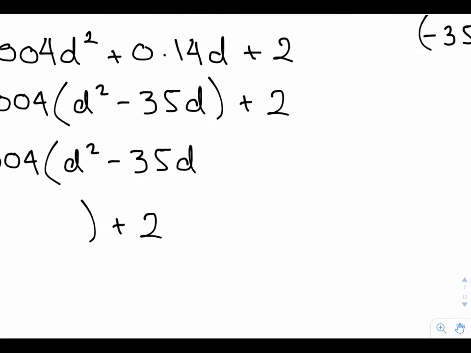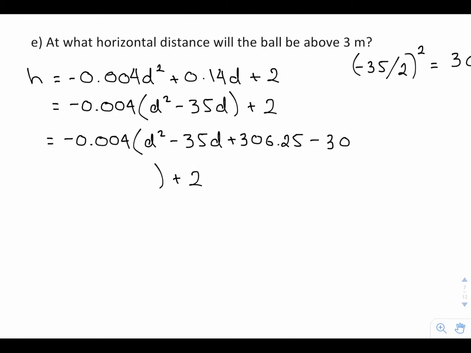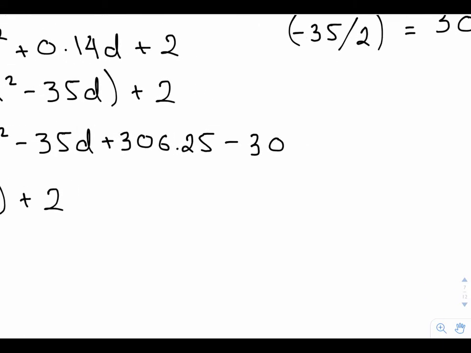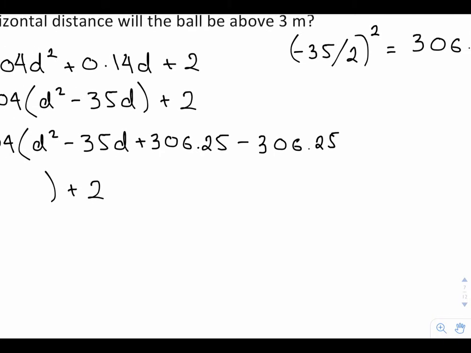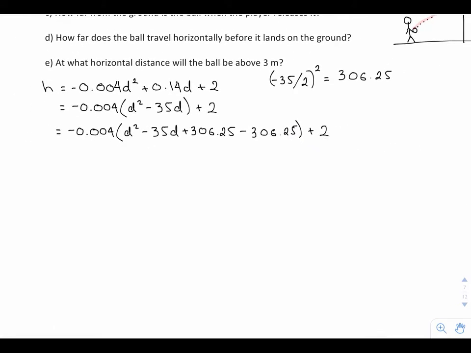So what I get here is plus 306.25 and then minus 306.25. And then I can take the part that I removed off the end and put it back. In other words, I'm just adding 0 in a very fancy way